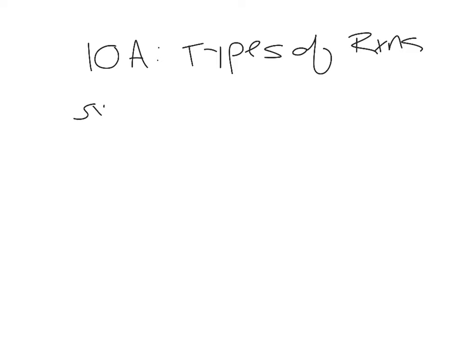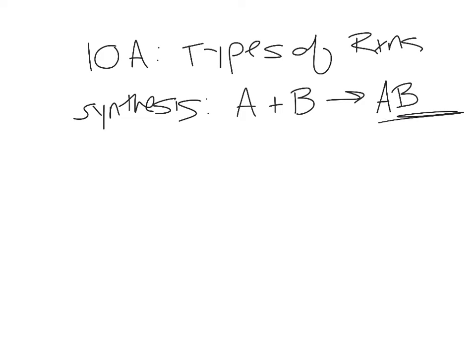The first one is called synthesis. Synthesis, you'll know, is to make, right? The word synthesis means to make. So synthesis, the trick to tell that it's synthesis is that it has one product. So it's going to have a generic look to it, like A plus B forms AB. There's going to be no plus sign over here on the product side. It's only going to make one thing. So you might see something like this, H2 plus O2. I'm going to balance it. Gives me H2O. Okay, this is the synthesis of water, and you'll notice there's only one product, but there's multiple